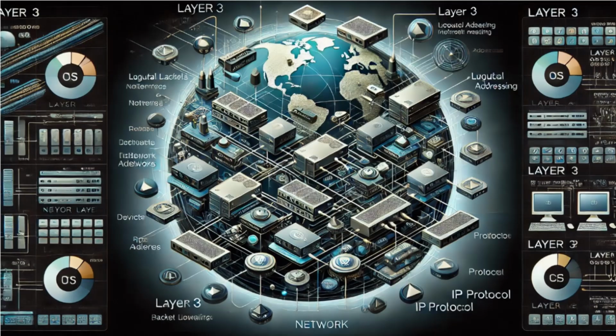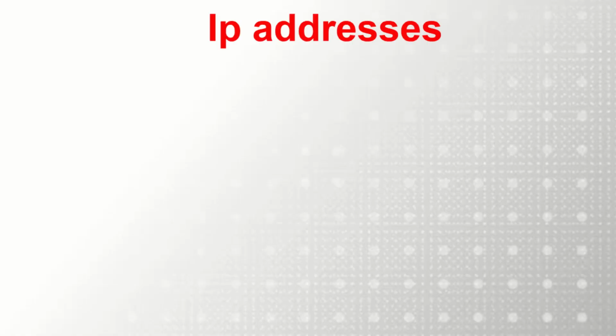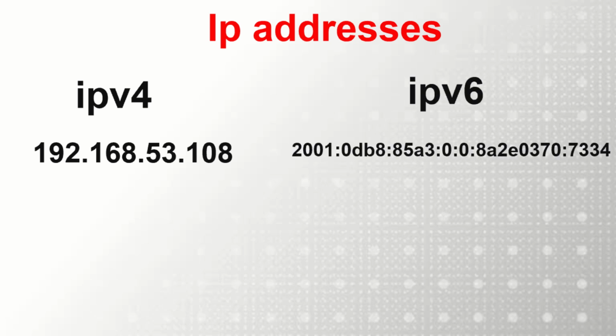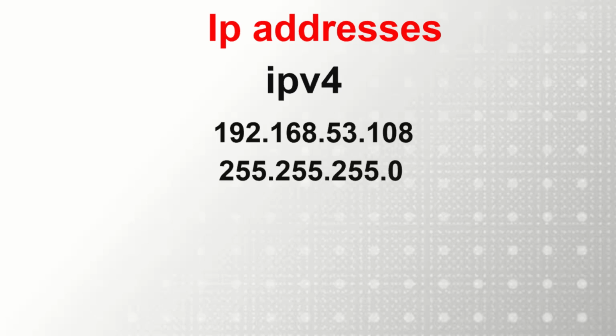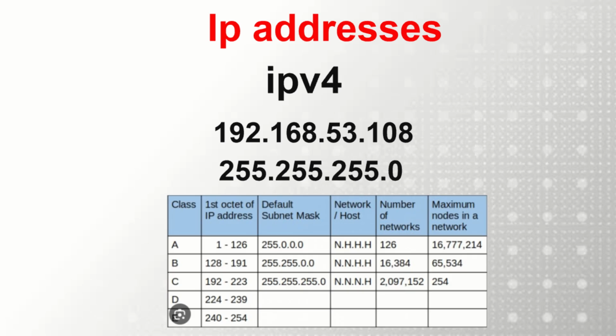The IP address is a Layer 3 logical address that identifies and locates each device in the IP network. There are two versions of IP we use today, version 4 and version 6. In this lesson, we'll be focusing on version 4. We'll look at the format of IPv4 addresses, subnet masks, address classes, and a few special IPv4 addresses you should